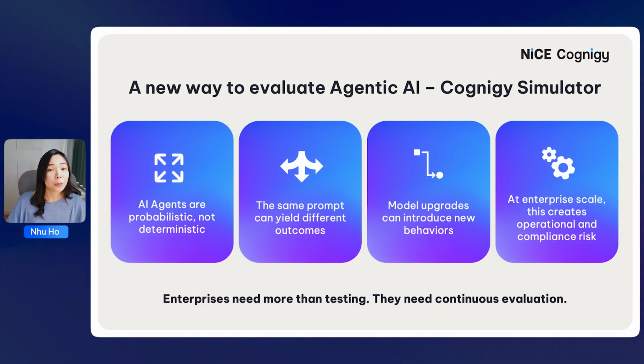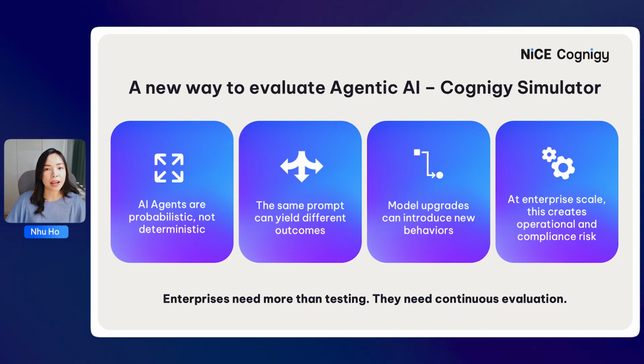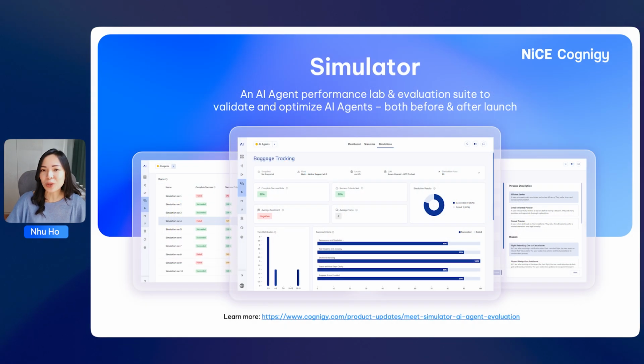As you know, unlike previous generations of bots, AI agents are probabilistic, not deterministic. The same input can produce different outcomes, and on top of that, switching LLM models can introduce new behaviors that aren't always easy to detect. This means traditional testing with predefined scripts is no longer enough. AI agents need a way to be thoroughly evaluated before they go live, and this is what we delivered with